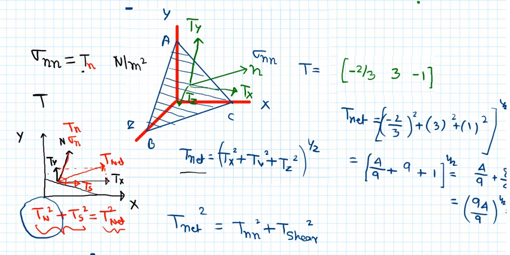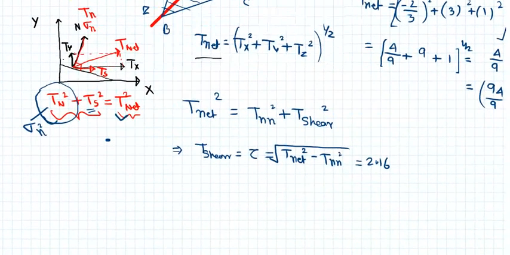What we did just now, we have calculated nothing but the normal stress square. T net we have calculated like that, Tx square plus Ty square plus Tz square in 3 dimensions, take the under root. Here the shear stress is unknown. So this is known, so you just subtract Tn square from this, then you will calculate what will be the shear stress. What will be the shear stress or shear force on the plane, and that to be the maximum one.